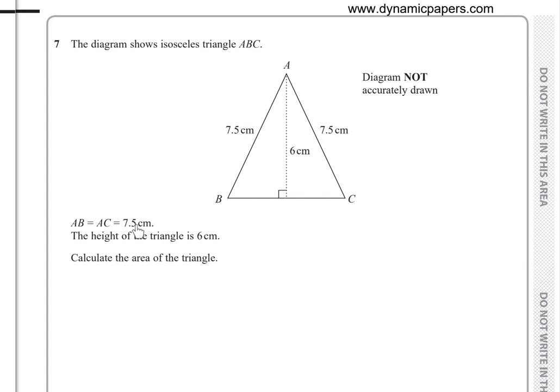Number 7. The diagram shows an isosceles triangle ABC. AB equals AC equals 7.5. The height of the triangle is 6 centimeters. Calculate the area of the triangle. Area of a triangle is half times base times height. To find the base,